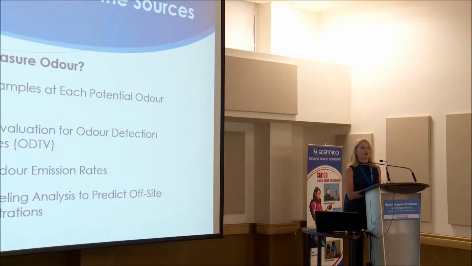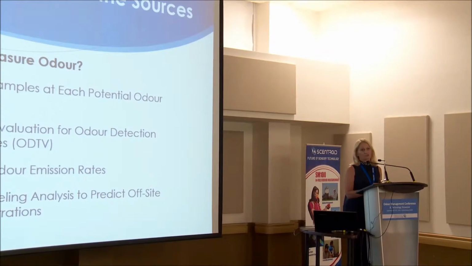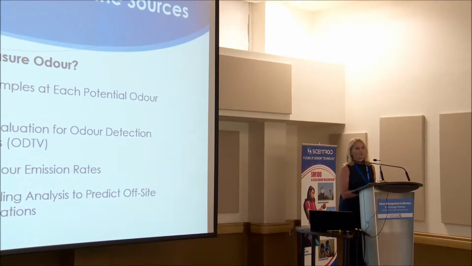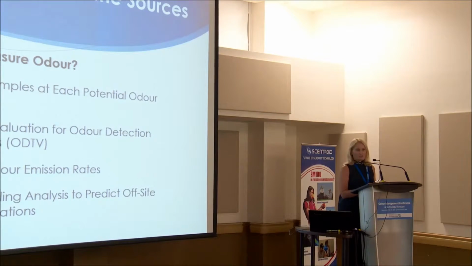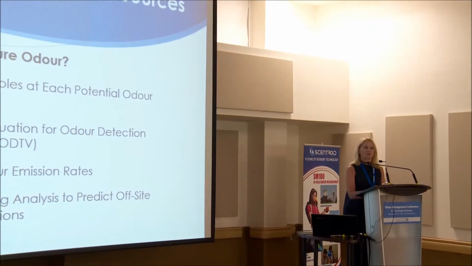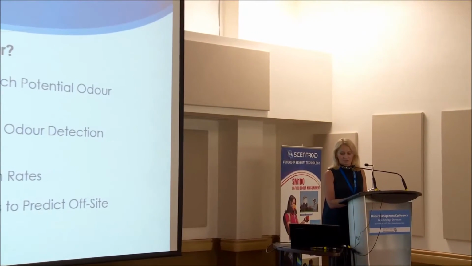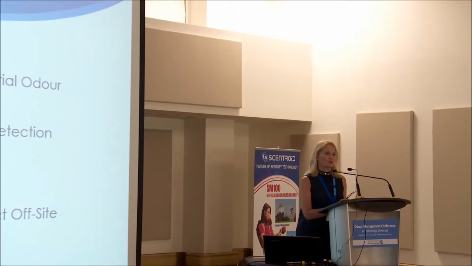Samples need to be diluted on site with nitrogen. For the area, I will mention later on. After collection, the samples are evaluated by dynamic olfactometry in the lab for odor detection threshold values. With the combination of the volumetric flow rates, measured or designed, we come up with the odor emission rates, which are used in dispersion modeling to predict our